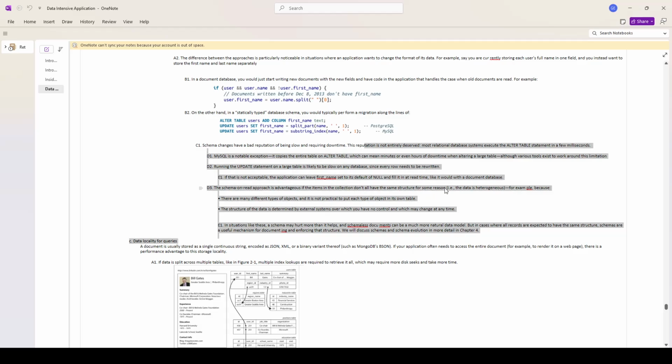This reputation is not entirely deserved. Most relational database systems execute an alter table statement in a few milliseconds. MySQL is a notable exception. It copies the entire table, which can mean minutes or even hours of downtime when altering a large table. So here, TCP connection to an IP and outer address, on a switch interface range,